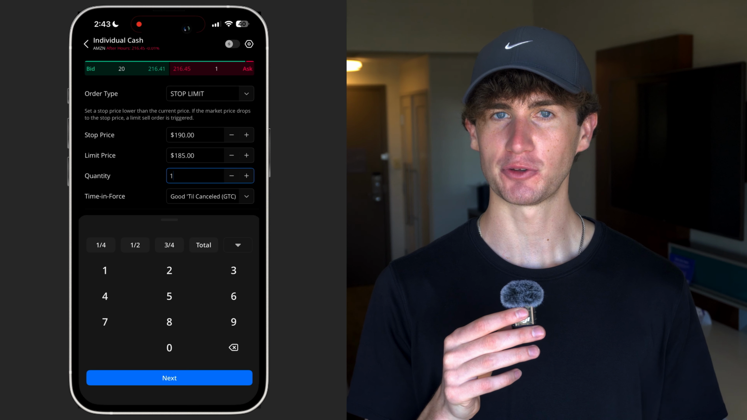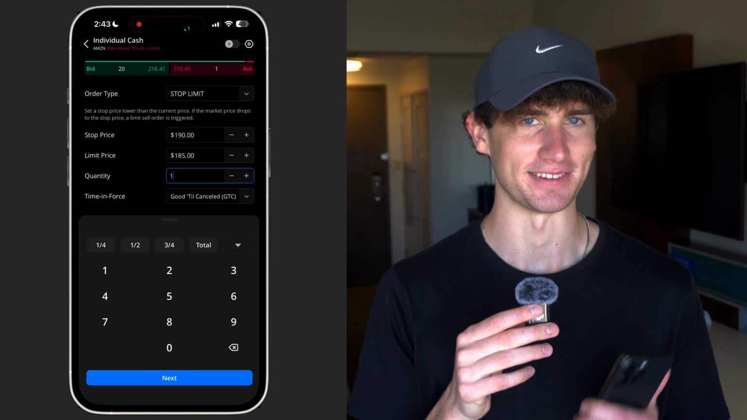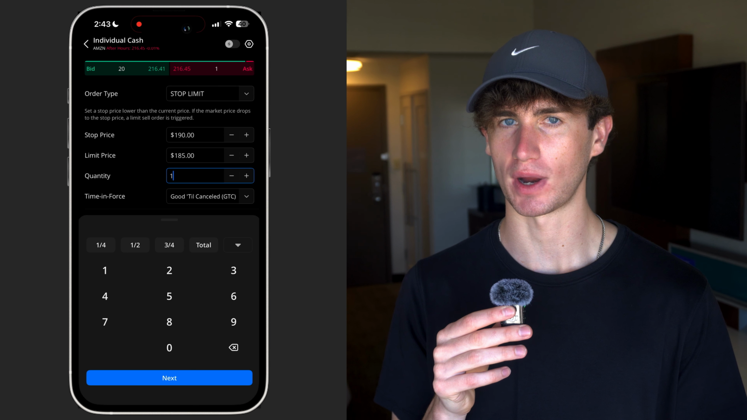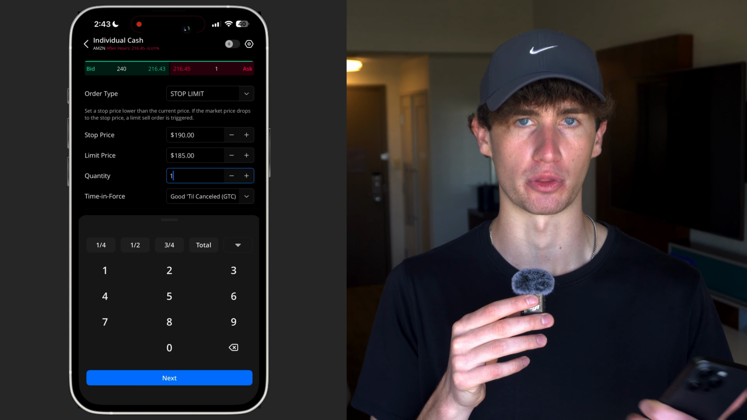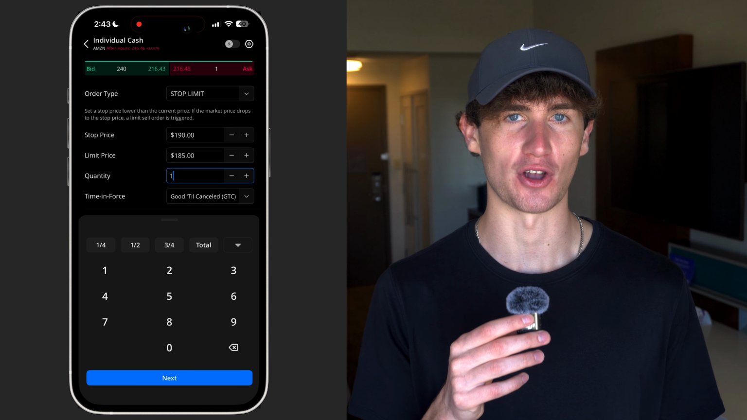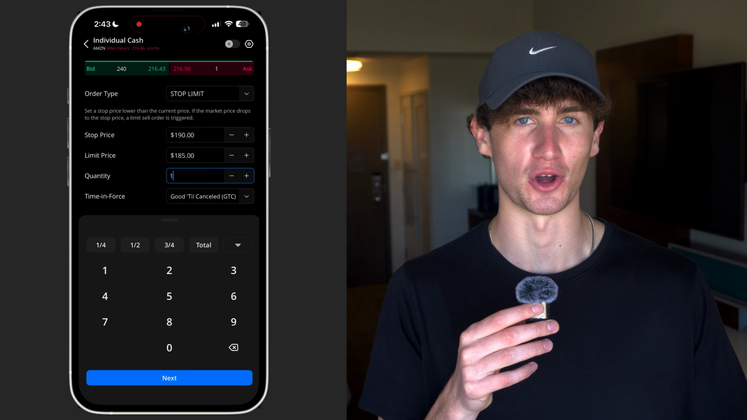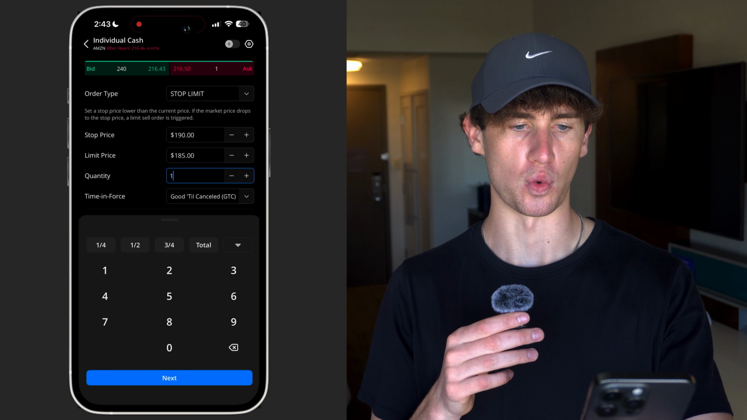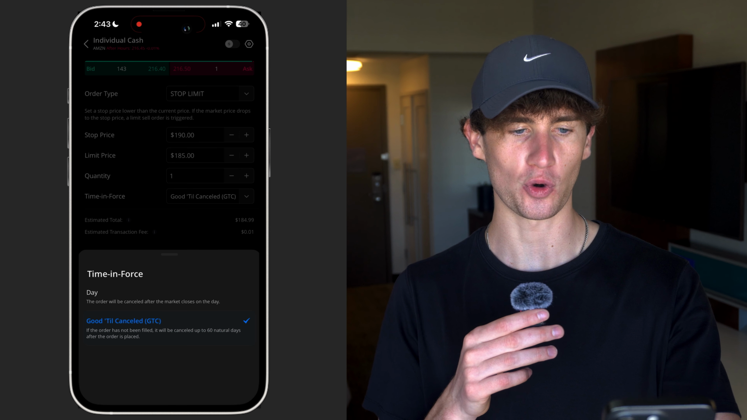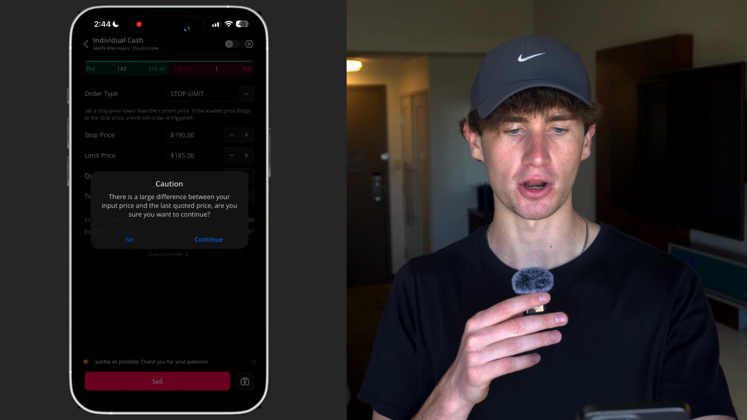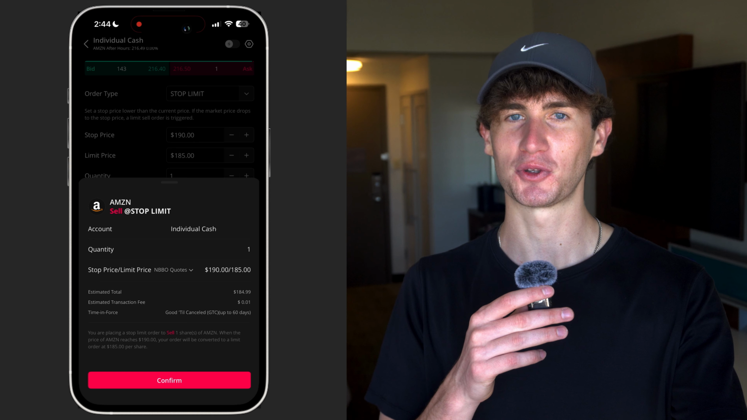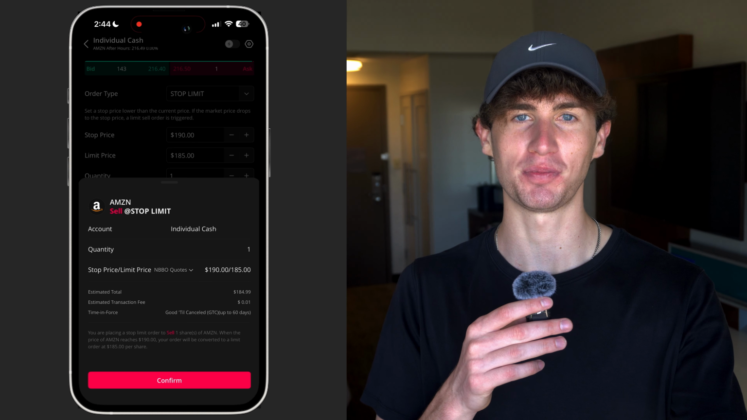Since a limit order is placed only when the stop price is hit, Amazon could already be trading lower by the time the limit order has the opportunity to go through. At that point, you could end up holding on to the shares and riding the stock lower. Next, enter the number of shares you want to sell, then choose day or good till canceled for time in force. Hit sell at the bottom, hit continue, double check the order details, and hit confirm to set your stop